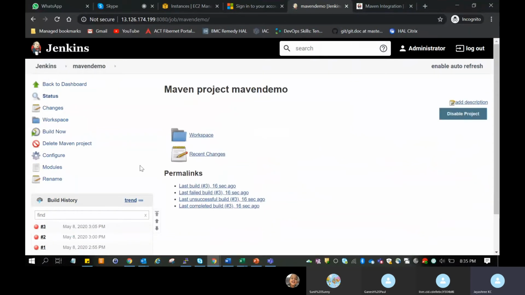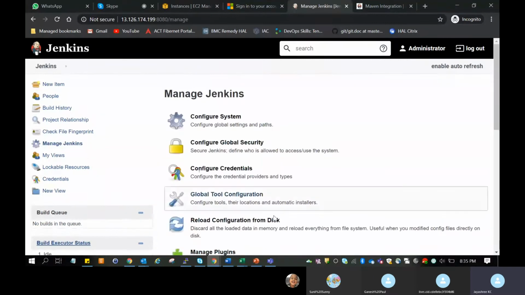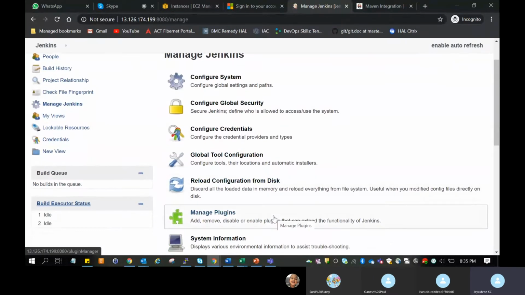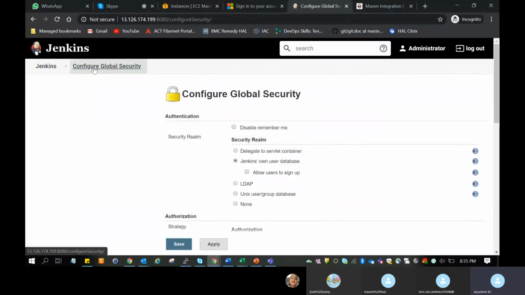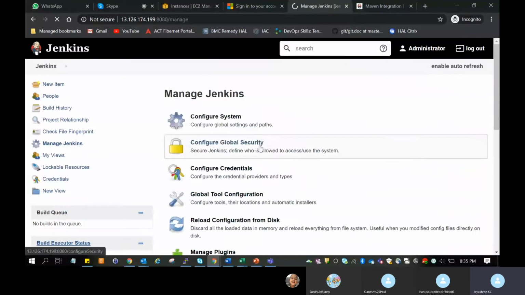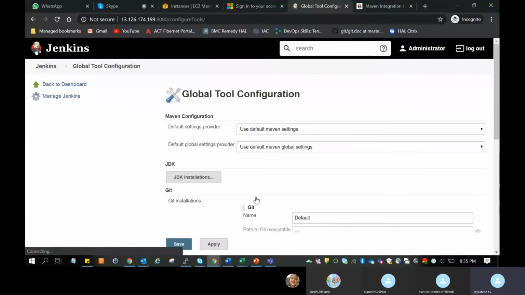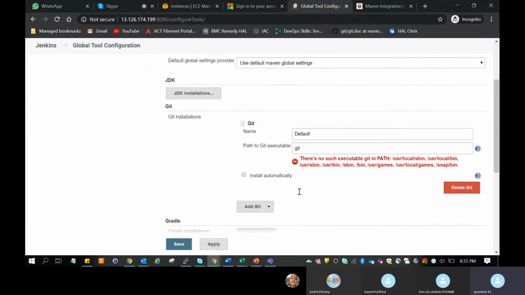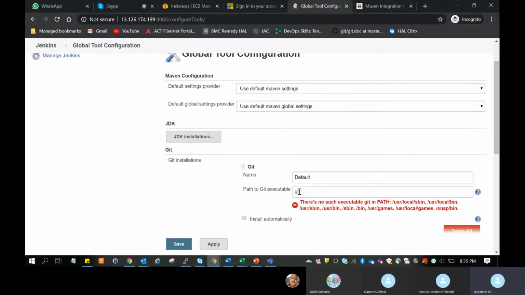Go back to dashboard. Go to manage Jenkins. Global tool configuration. No, not that, that's for global security. Yes. JDK installations.